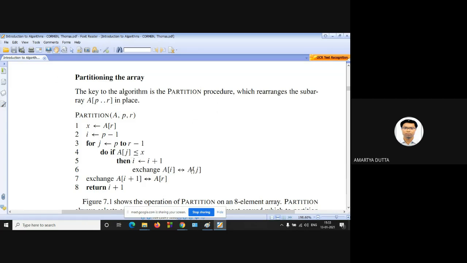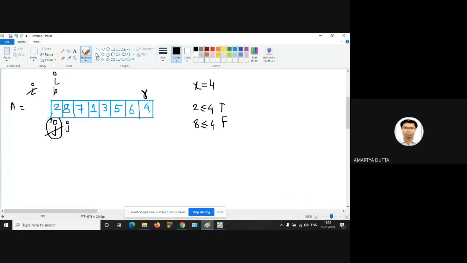Similarly, line number 6. Next, increment the value of J. So value of J will be at this position. Next, 7 is less than or equal to 4. False. So increment the value of J. Again, increment the value of J. J will be at this position. Okay.